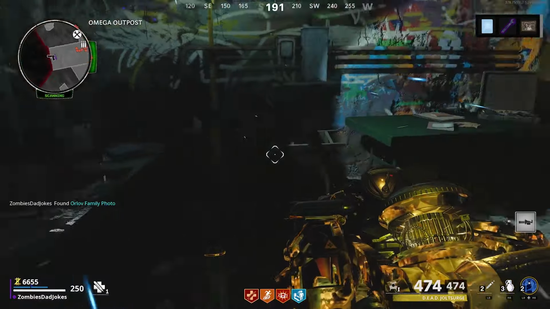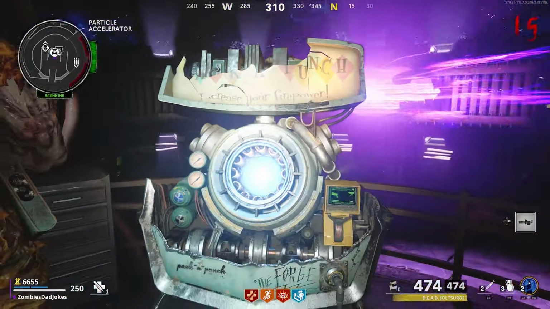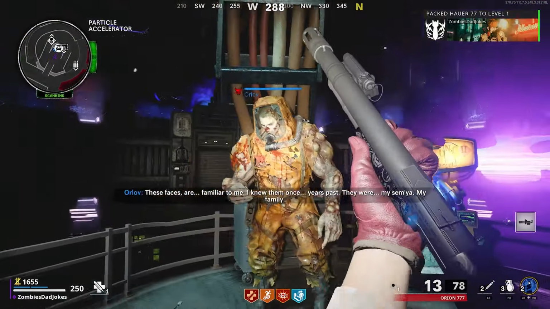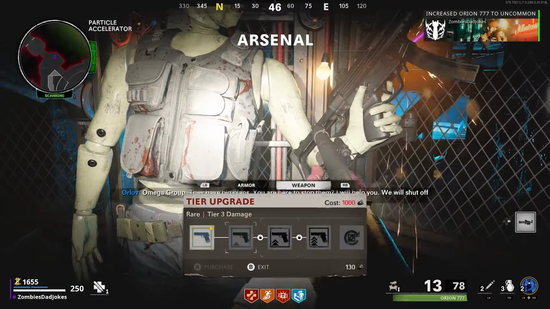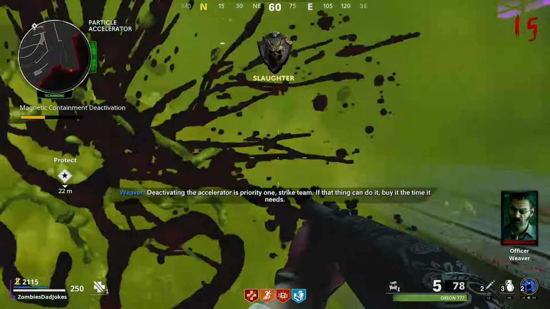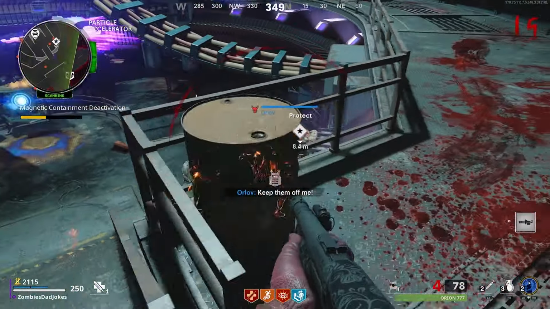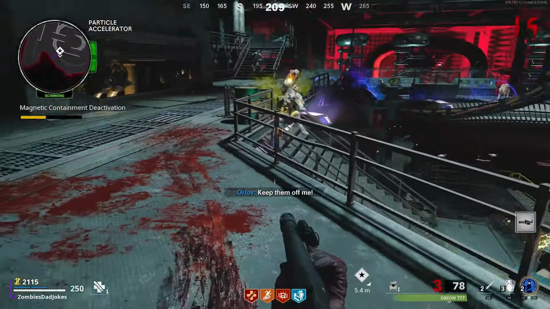Feeling adequately set up, I grabbed the picture, teleporting me into the particle accelerator chamber with the big guy himself. I ignored his pity party to upgrade my Howler via the pack-a-punch and weapon rarity. Boss fight time! So the gist of this is that you have to kill zombies and protect our new buddy Orlov so he can shut down all the safety measures and blow up the accelerator. Sounds kinda tough, right? Well,